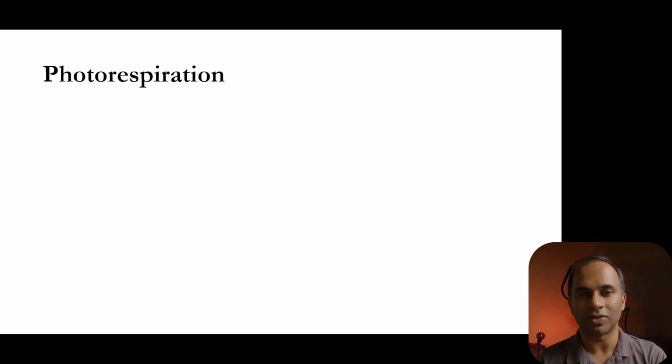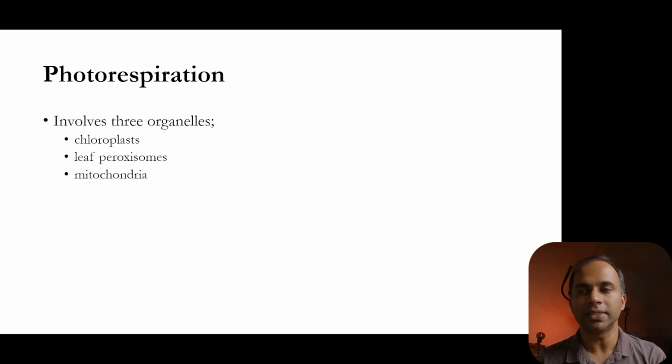So what we call as photorespiration. Unlike the regular carbon reaction, this one is not going to be restricted to the chloroplast. Instead, it is going to involve three different organelles. That includes the chloroplast, peroxisome and mitochondria. So instead of things happening in just one place, now it's happening in three different places. That means the efficiency is going to get affected.